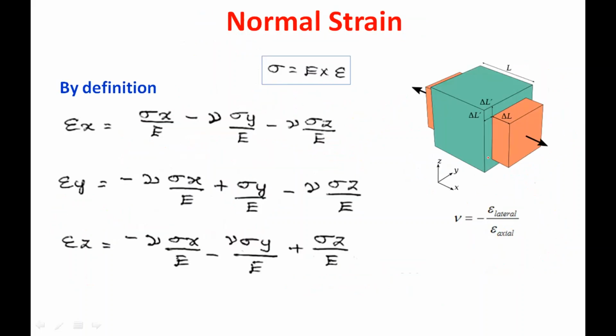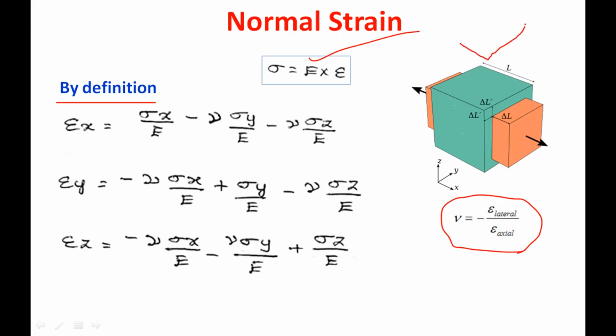To establish this stress strain relationship, we are going to use the definitions available in the strength of materials. We know this is the stress strain relationship for a one-dimensional problem: sigma stress is equal to Young's modulus multiplied by epsilon strain, Hooke's law. Now in the case of a three-dimensional problem, we have to consider the Poisson's effect also. So what is the Poisson effect?